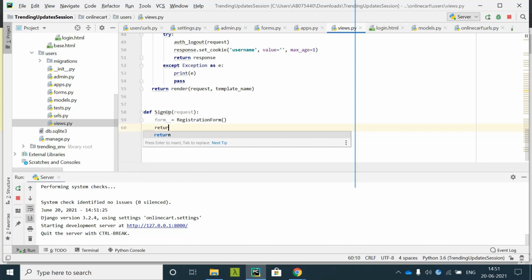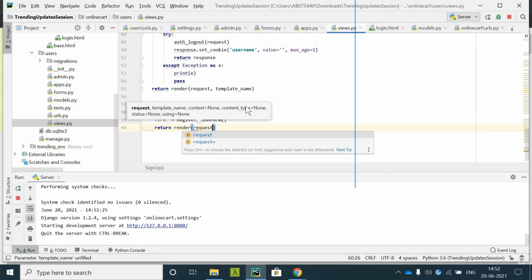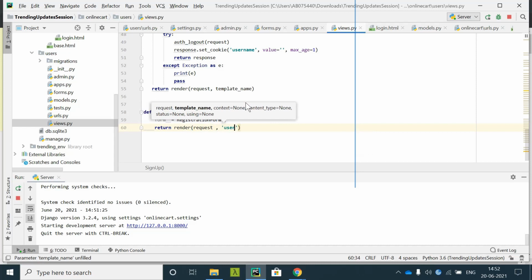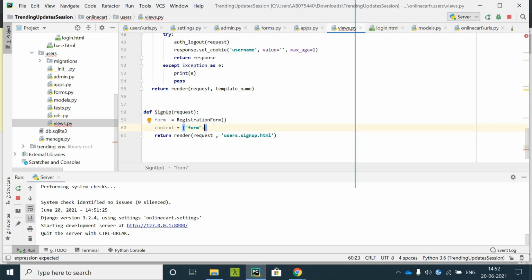Now what it will do: return render, request, users sign up .html. Now I'll pass this as context. Context is equal to, I'll pass this empty form.